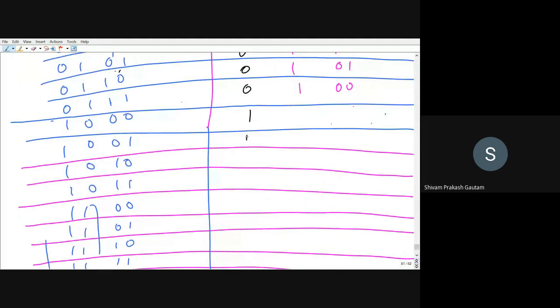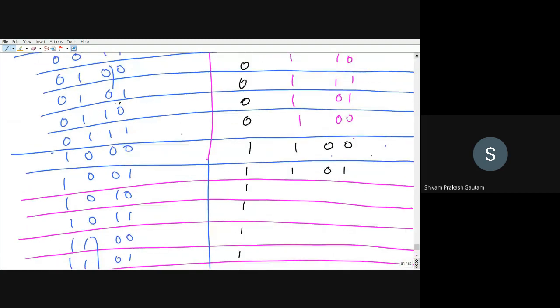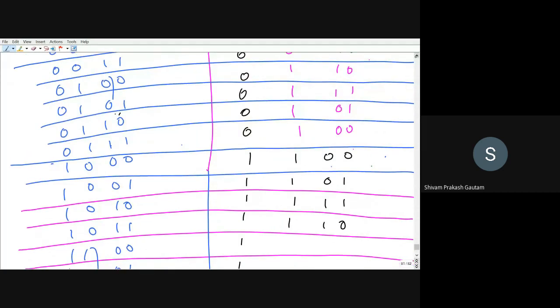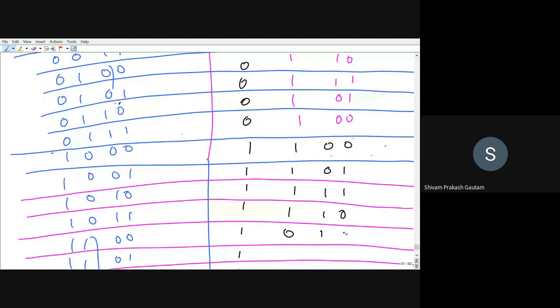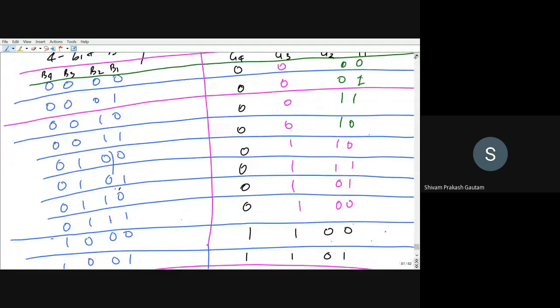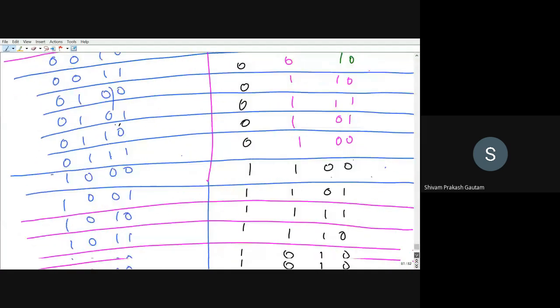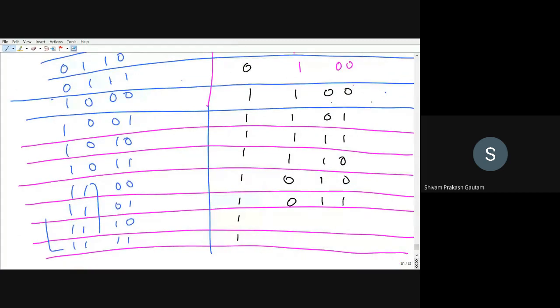So 1 1 1 1 1 1 1 1, and then it will be the mirror image 1 0 0 1 0 1 1 1 1 1 1 0, 1 0 1 0. So then after 0 1 0, it is 0 1 1, 0 1 1 0 0 1 and 0 0 0.